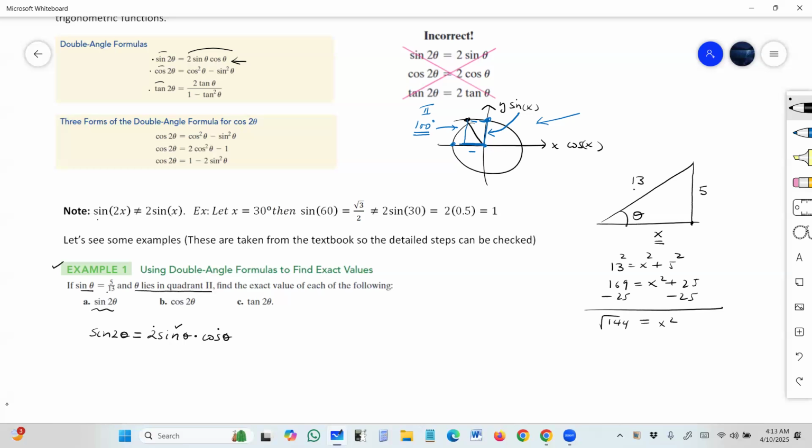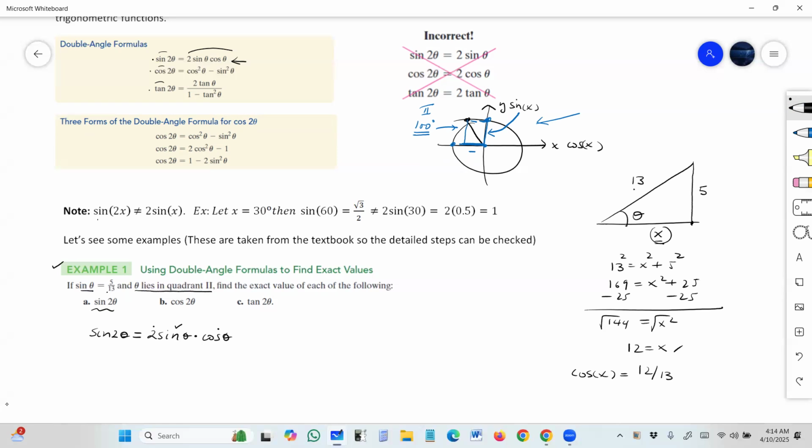Take the square root of both sides, and we have that x is 12. All right. So my cosine, now this is important. Cosine from the basic definitions of the trigonometric functions is the adjacent side of this triangle, which is 12 over